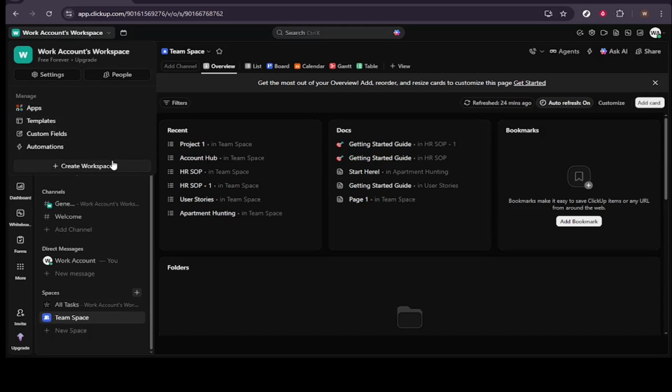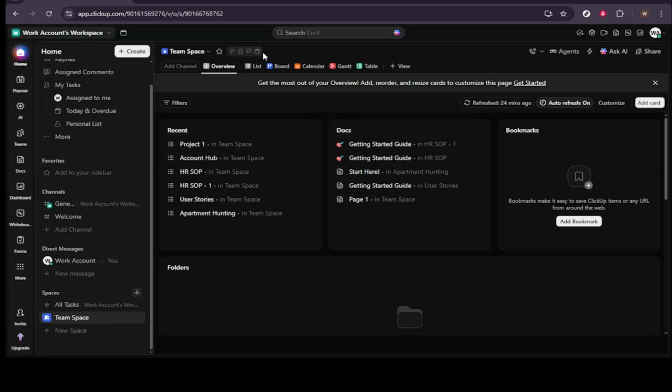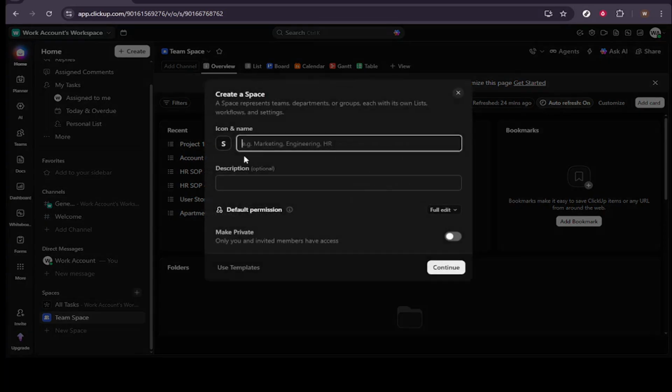Next, you will build spaces. Spaces are like departments, so keep them broad. For example, you might have a space for marketing, operations, client projects, or personal work. A useful tip here is that each space can use different statuses, so the workflow matches the type of work